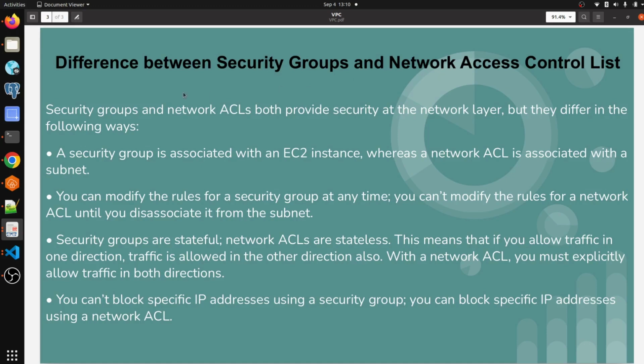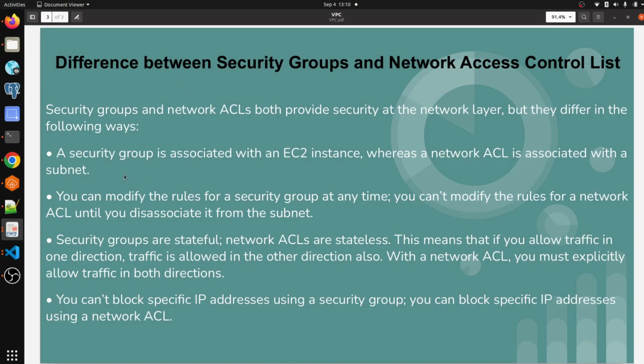Security group and network access control list both provide security at the network layer, but they differ in the following ways. A security group is associated with the EC2 instance, whereas a network access control list, ACL, is associated with the subnet.